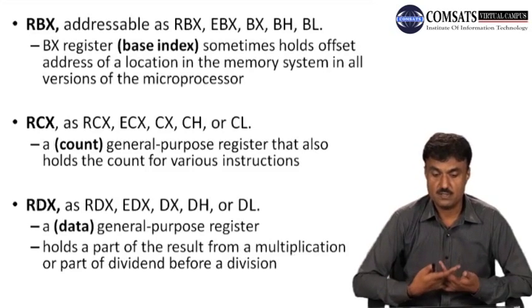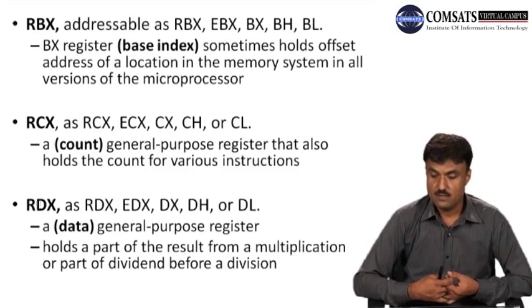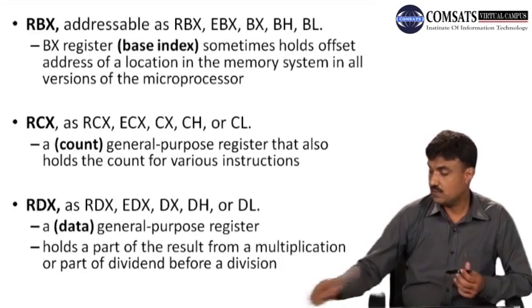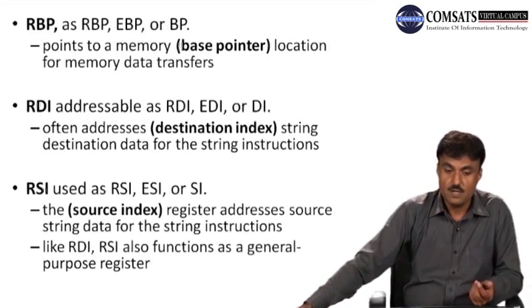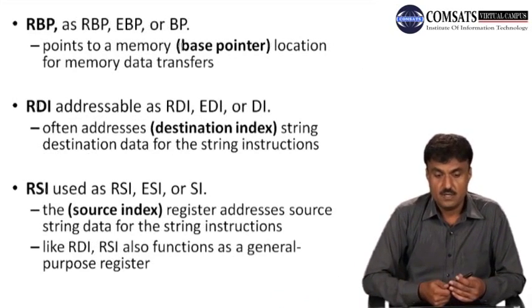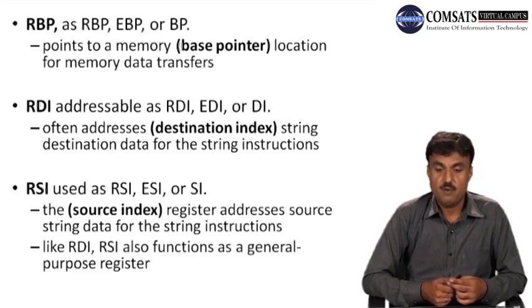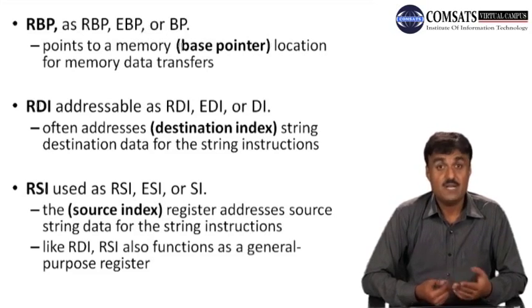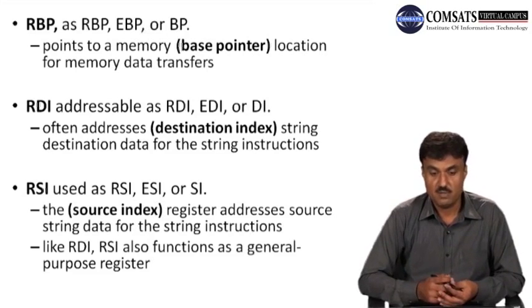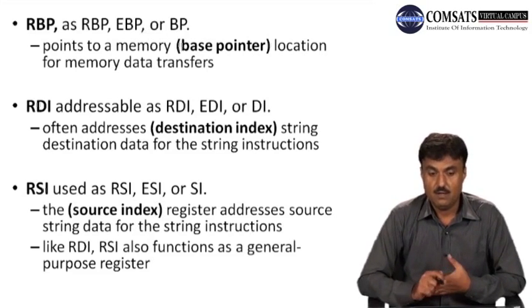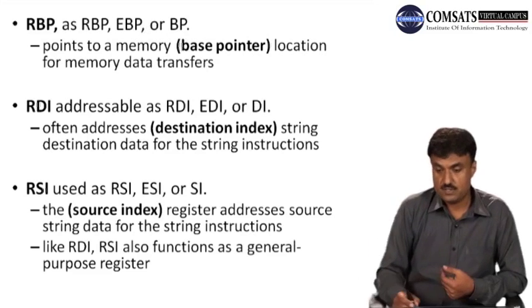This general purpose register holds part of the result from multiplication or part of the dividend from division, or it also holds data. So here we have RBP. RBP is called the base pointer, and it points to a memory location, the base of the memory location. So what is the base of a memory location? We will discuss. For memory data transfer, for example,